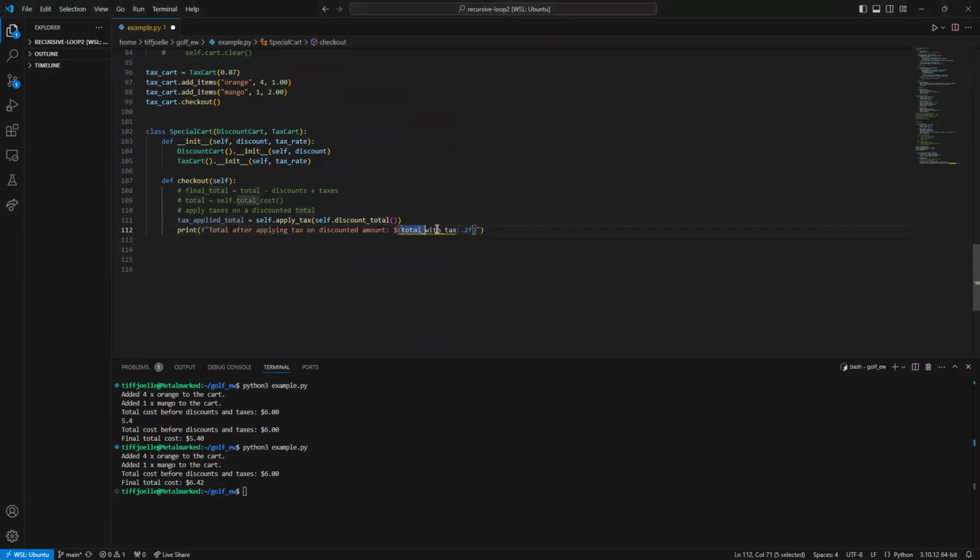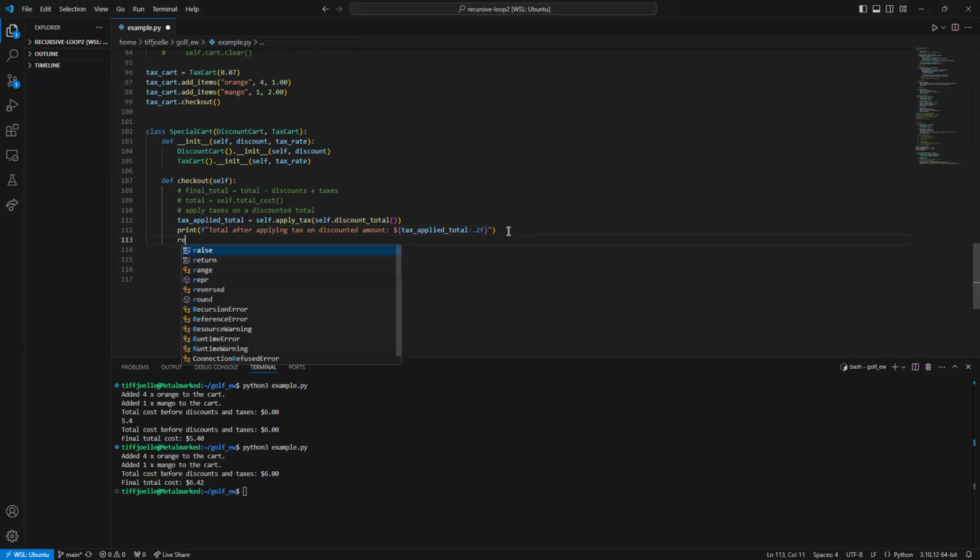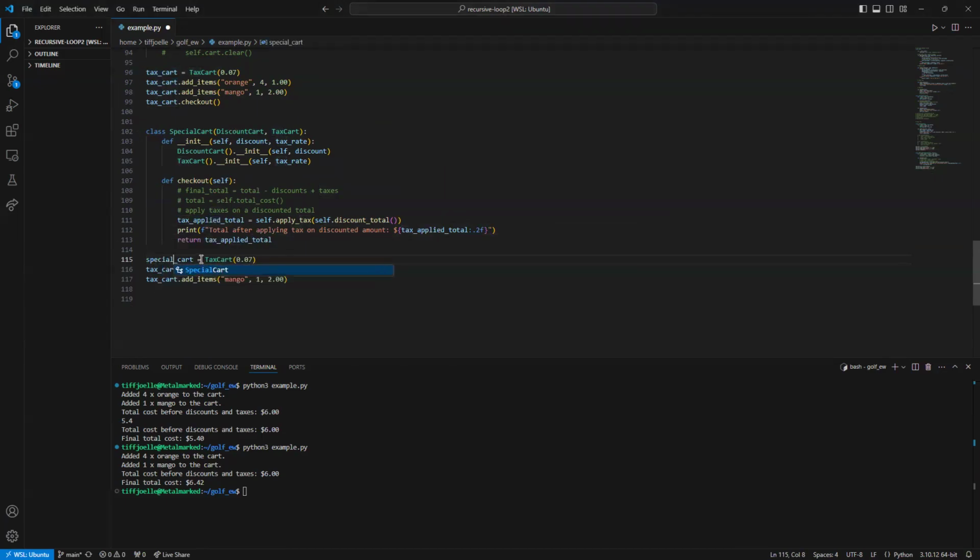We named it something different than I did. Okay, and then we will return tax applied total. Okay, so with this card, should be able to do all the same things as this one. We should be able to, let's see, special card, and this is going to be a special card. Now we need to pass in, we can either